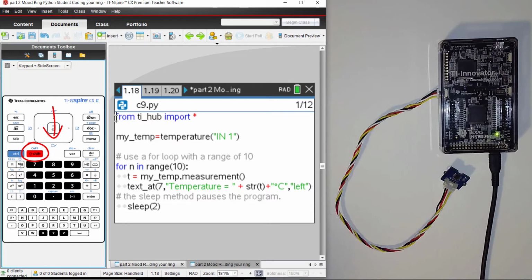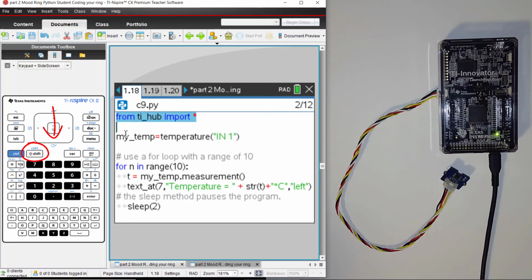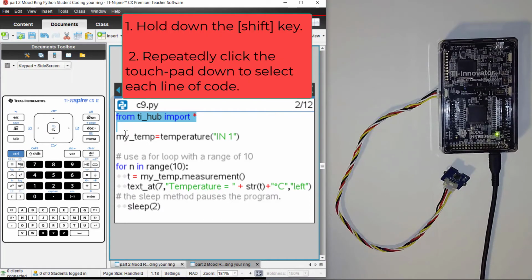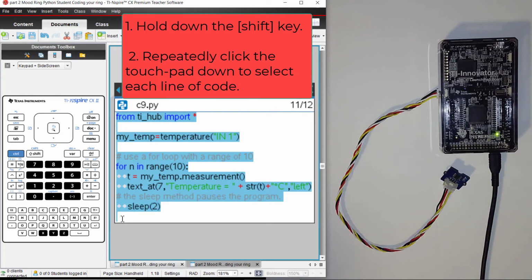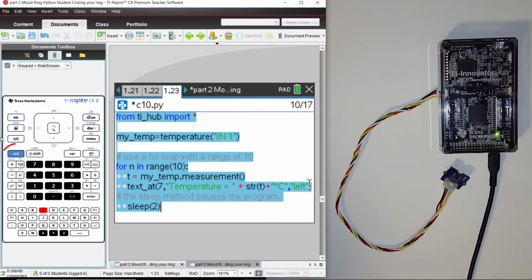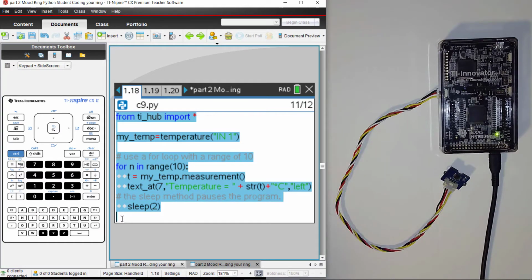So Shift, click down, and when you do this, you'll notice that it begins to use a blue selection to highlight the code. So continue clicking down until all of the code has been selected. Press Ctrl C to copy. Once you have that finished, let's navigate